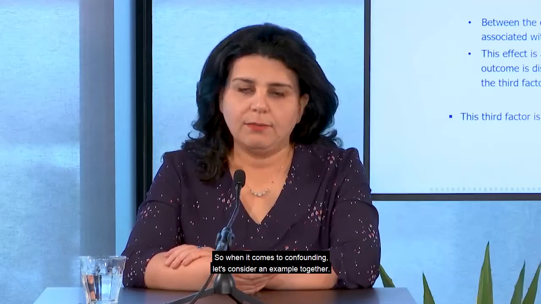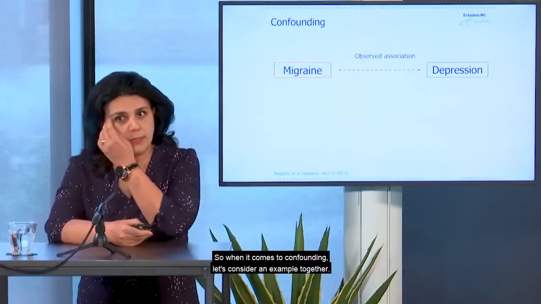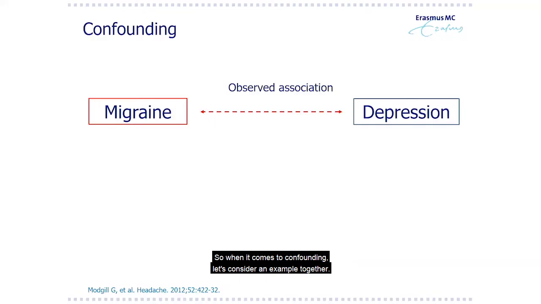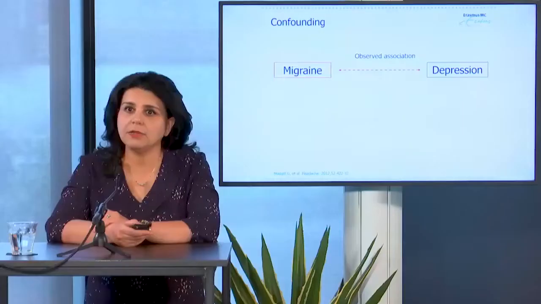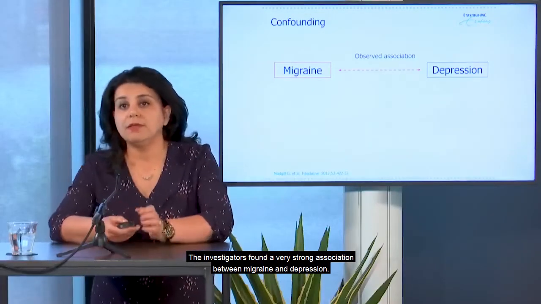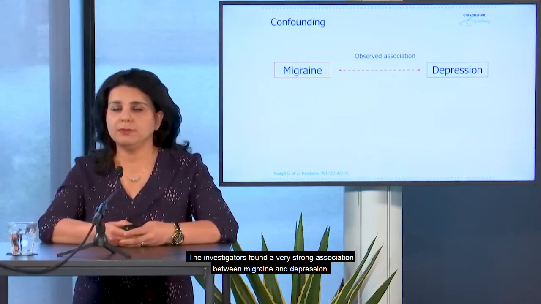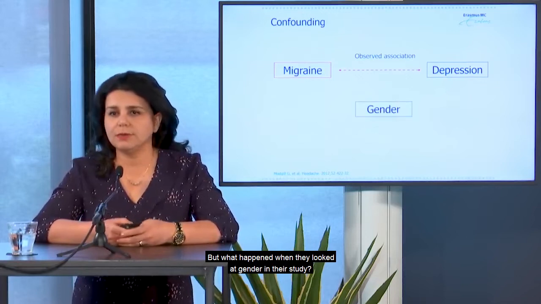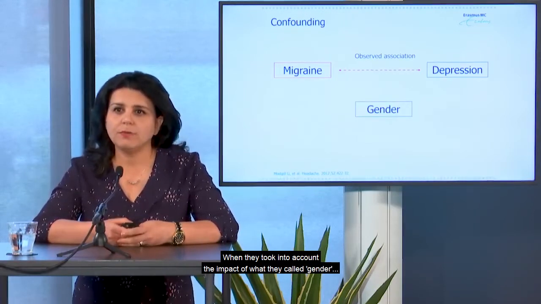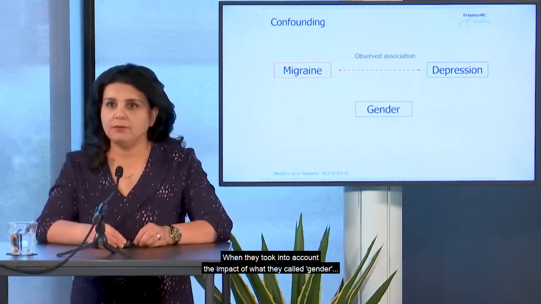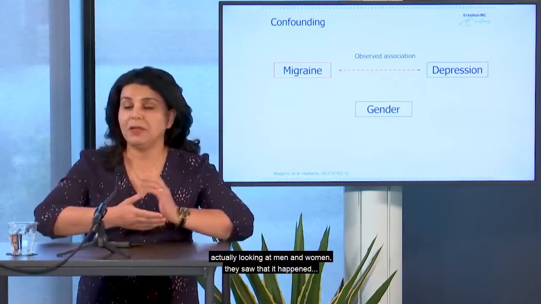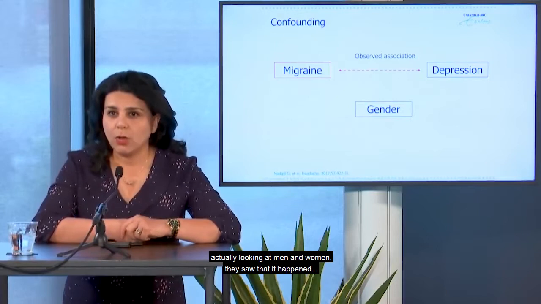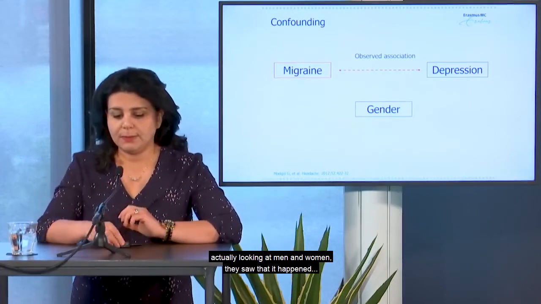So when it comes to confounding, let's consider an example together. This is a study that aimed to study the association of migraine with depression. The investigators found a very strong association between migraine and depression. But what happened when they looked at gender in their study? So when they took into account the impact of what they call gender, actually looking at men and women, let's say, they saw that it happened that